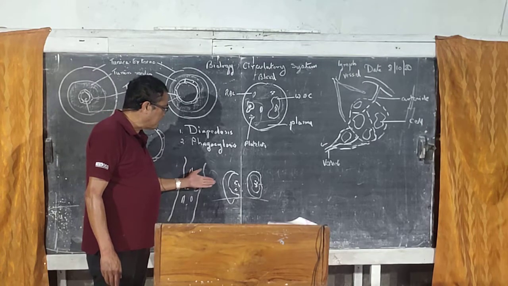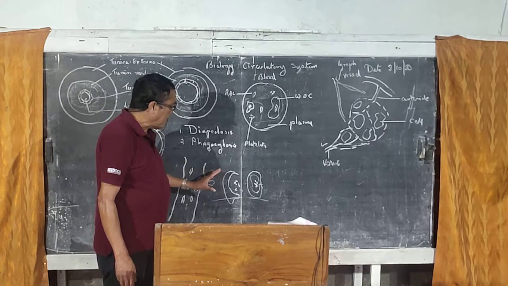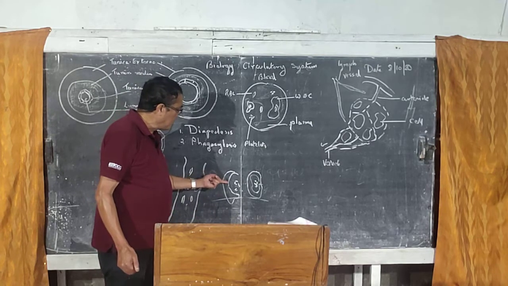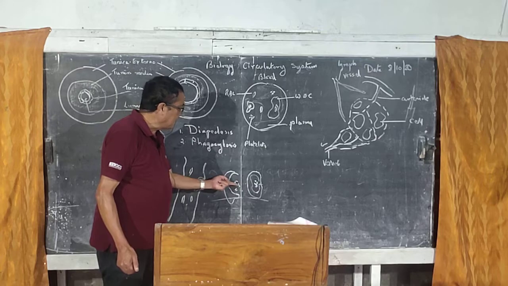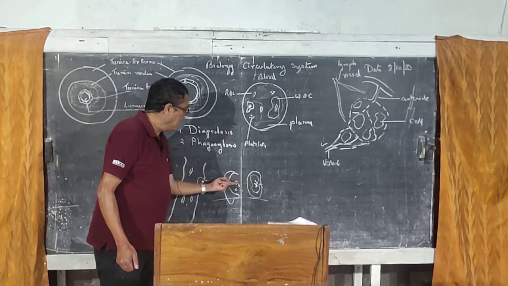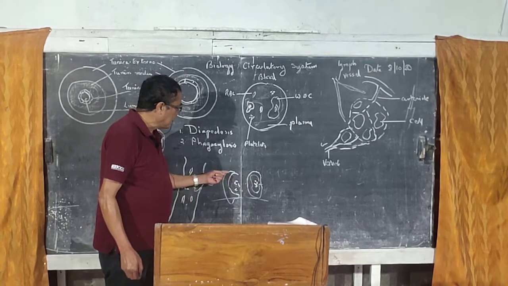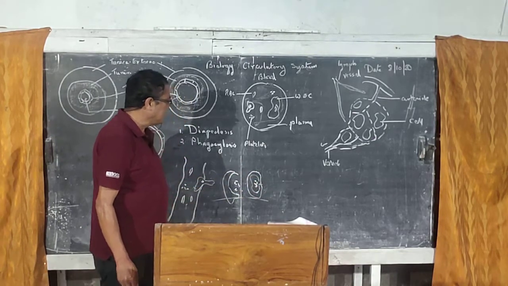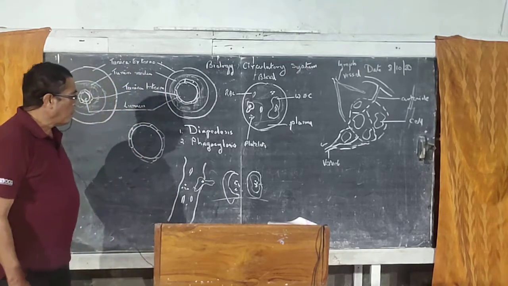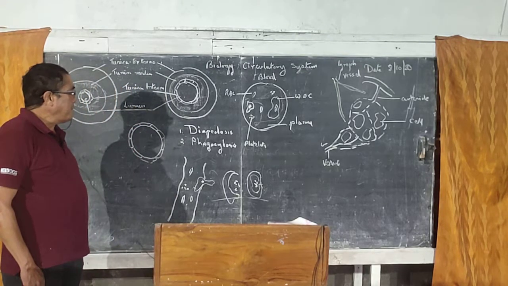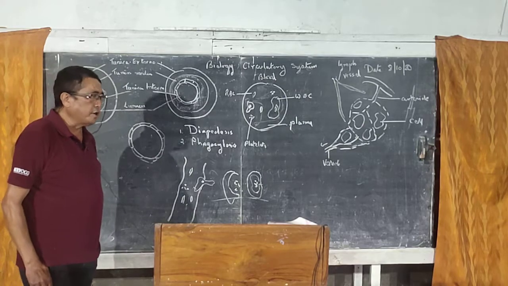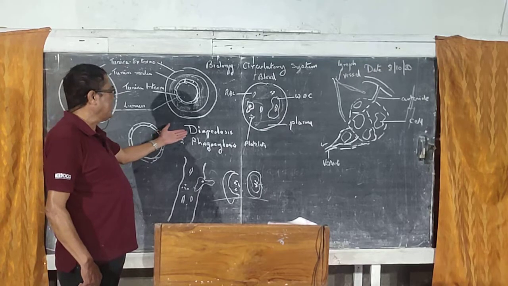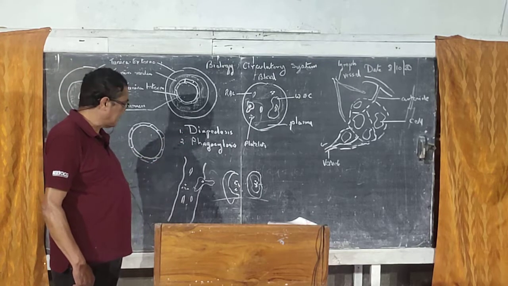And what is phagocytosis? When it comes out, it can change its shape and can move slowly. Any shape it can change, it slowly moves, and when germs that cause disease happen to enter the body, slowly they engulf and destroy the germs. Therefore, white blood cells protect our body from disease-producing organisms. So very important: diapedesis and phagocytosis.